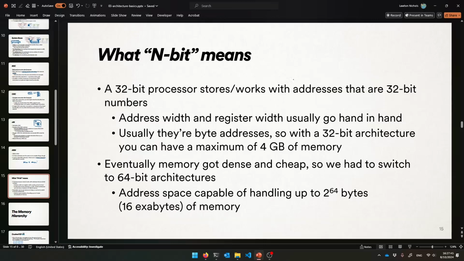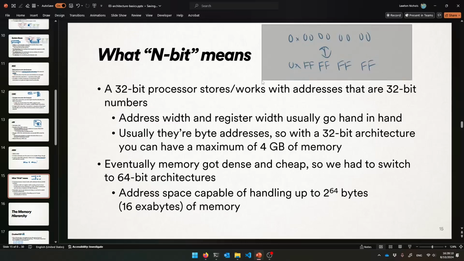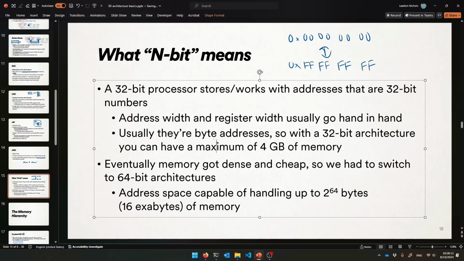Okay. So on a 32-bit machine, the smallest address in hexadecimal is 4 bytes, 32 bits, all zeros, all the way up to the largest address, which is 8 Fs. All right. I feel like that should be more spaced out, like I was doing the one above. There. Like that's the smallest address, that's the largest address, that's all you could talk about. And if you have 1 byte per address, right, that tells you kind of how much memory you could possibly